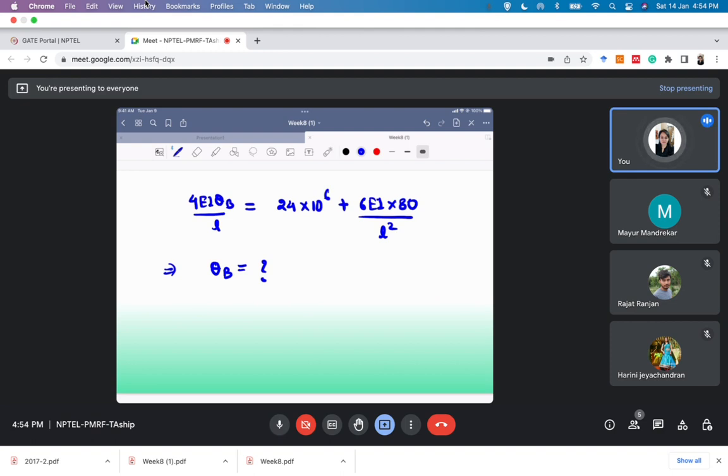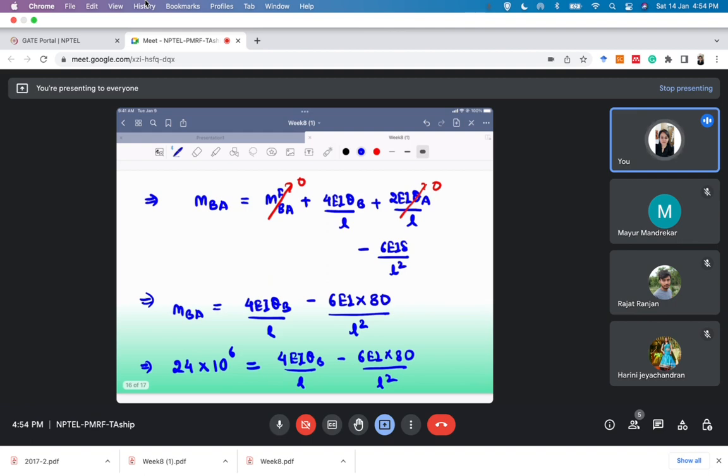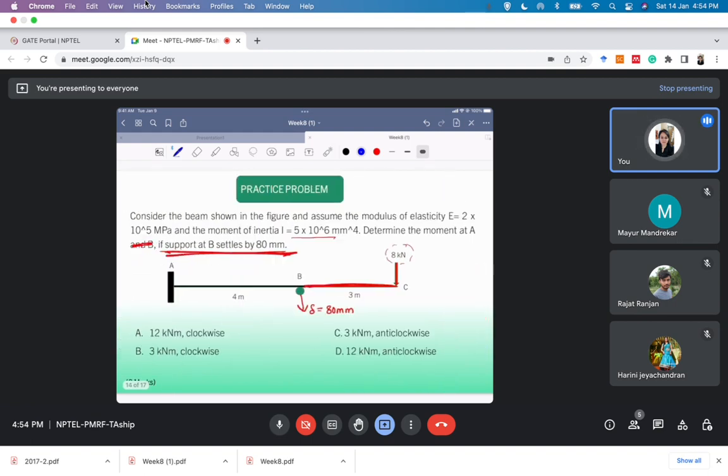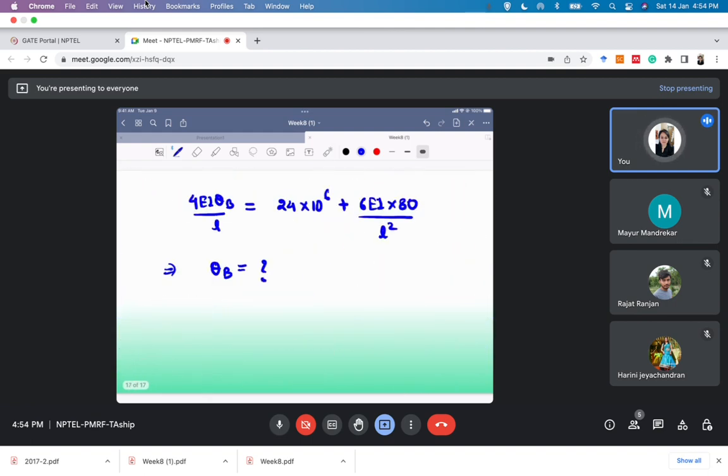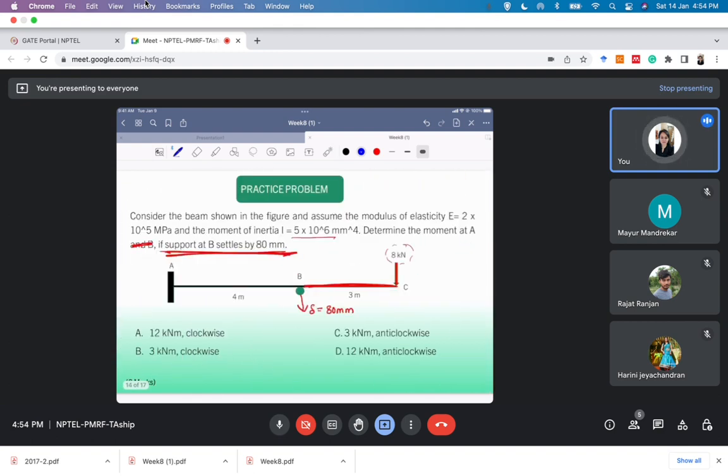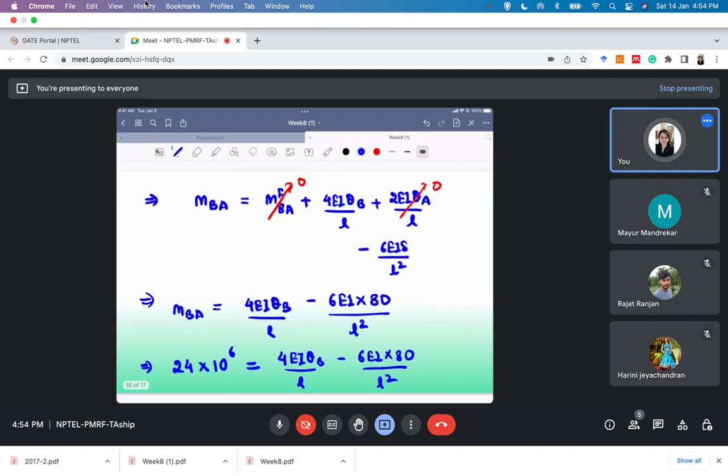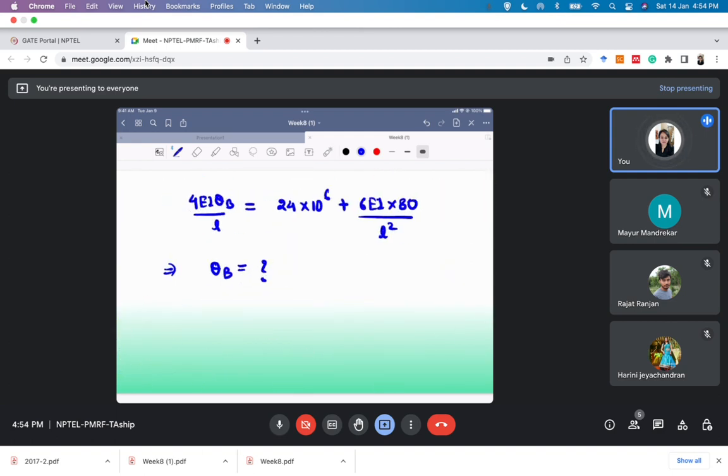One more thing you can do here, if you want to save a little time, is that you can find the value of theta B from here. Finally, what they are asking is the value of MAB. So they are asking the value of MAB. So either you can find the value of theta B from here and put it in the equation,